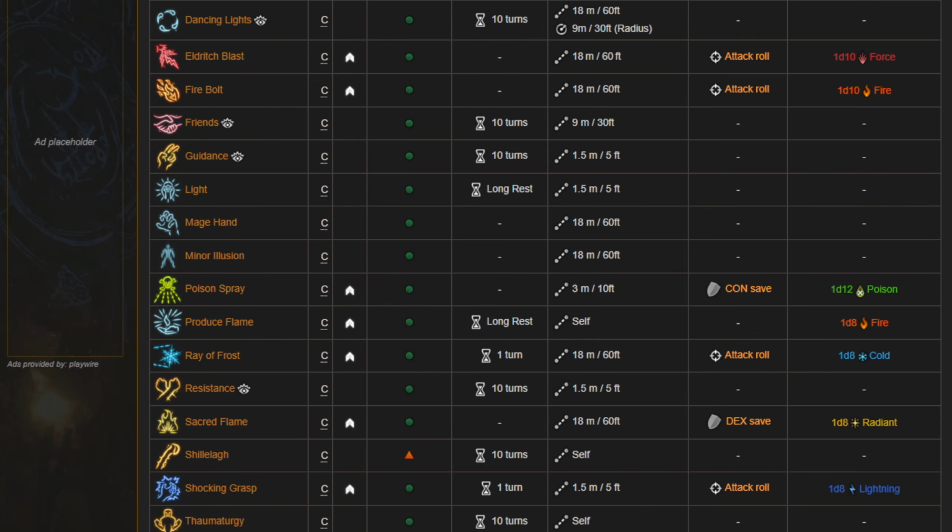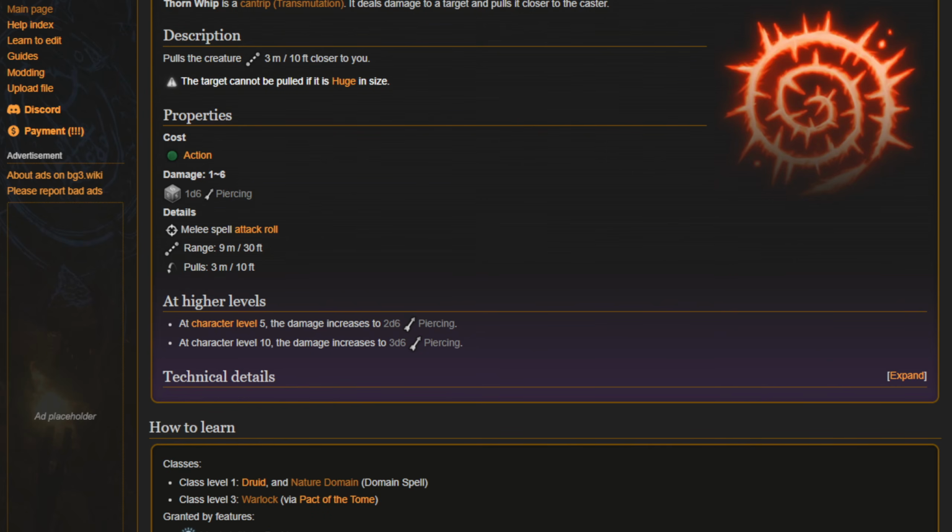On to Thornwhip. Man, Thornwhip. I want this spell to be good. I really do. So Thornwhip is a melee spell attack roll, but it does have a range of 30 feet. And it does 1d6 piercing damage, and it pulls enemies 10 feet closer to you. I think Thornwhip sounds really fun. I love the idea, and with a warlock, one of the reasons I love warlocks is Repelling Blast. I get to knock people off of cliffs, and it's really satisfying. But pulling people is much harder to actually pull them off of a ledge,